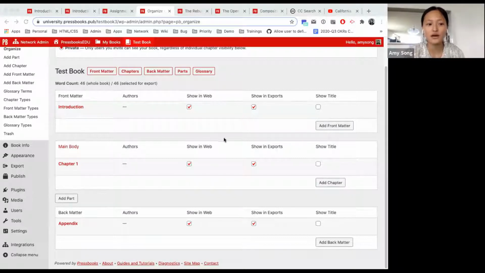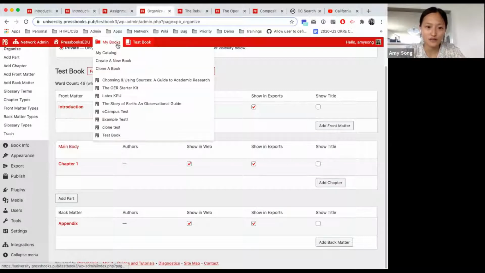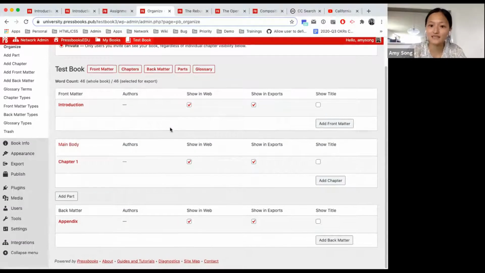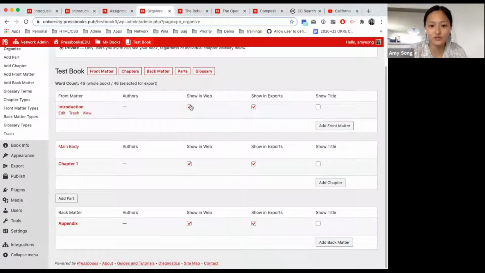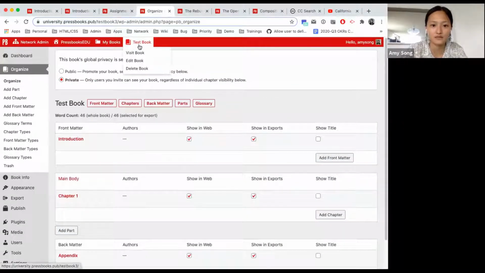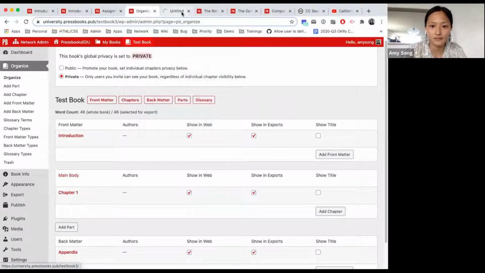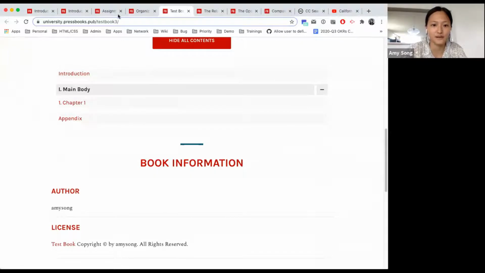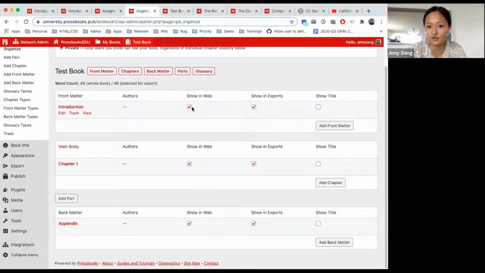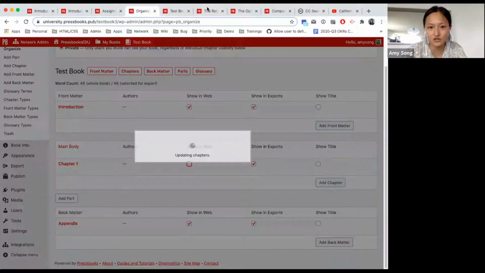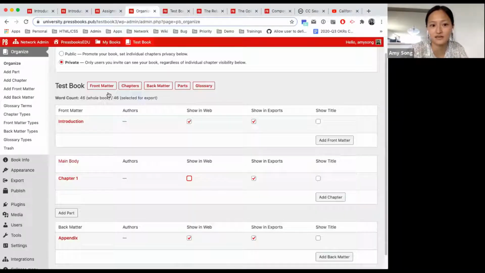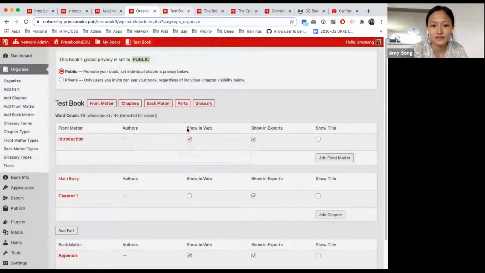So as I've shown you, the bottom up method, this is how you get started. You would go to My Books and create a new book. And as a couple of you are asking, for example, right now in my test book, if I visit my book, I have the introduction, chapter, and appendix. But as you can see in my Organize, I've shown them in web. So let's say I don't want to show this chapter right now. Even though my book, and let's say I set it to public, now when I log out,